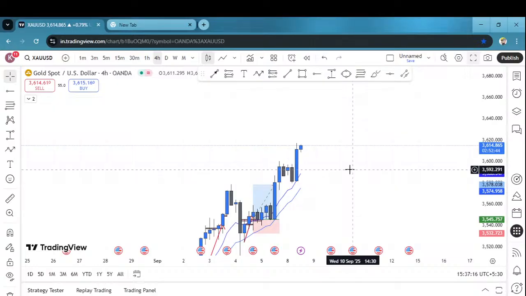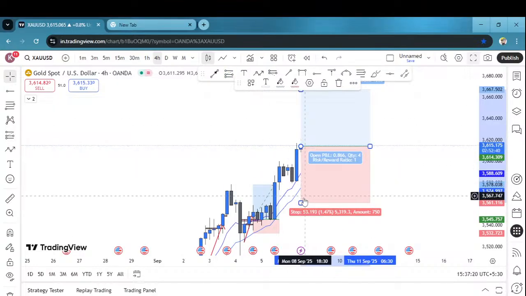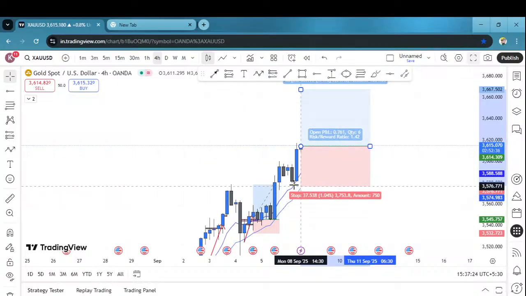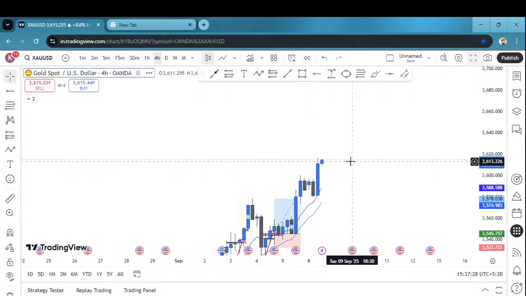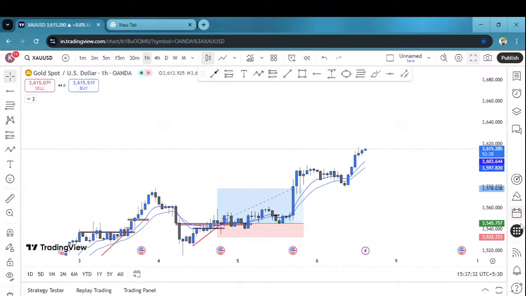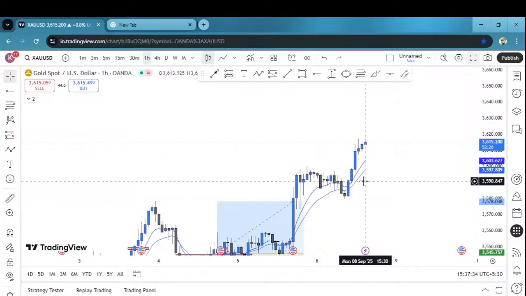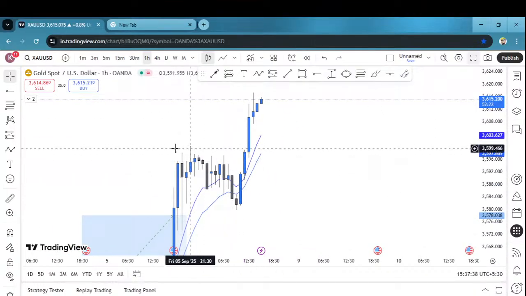I mean, where will you put your SL? If you took a buy around this zone and keep SL here, and what? So yeah, this is not an ideal area to enter a buy for swing. We can try for some scalp. This is the zone, but